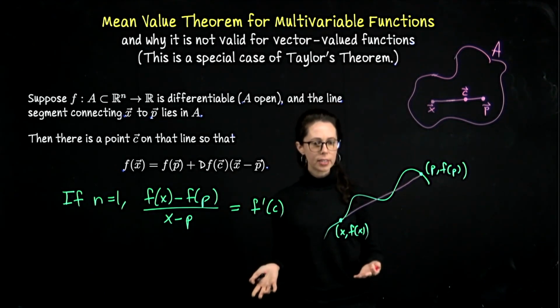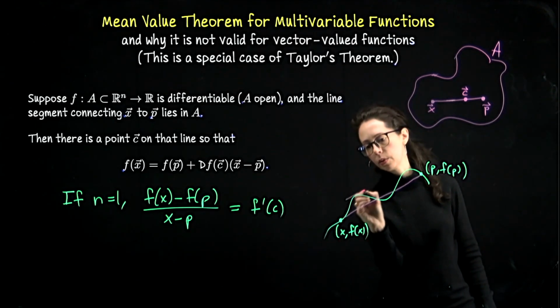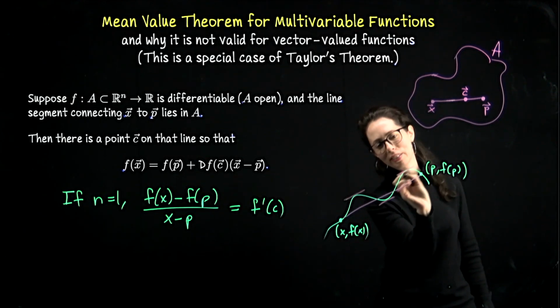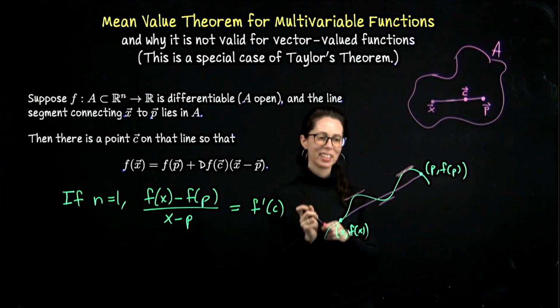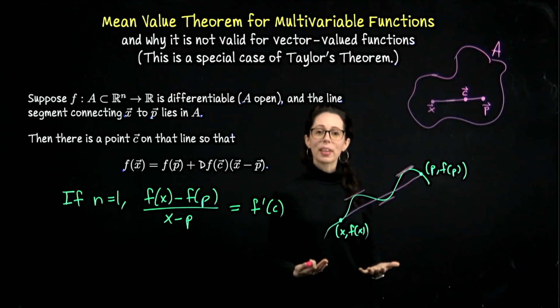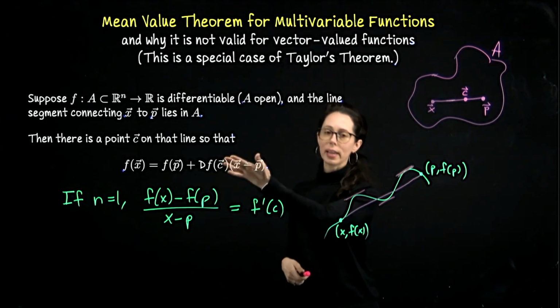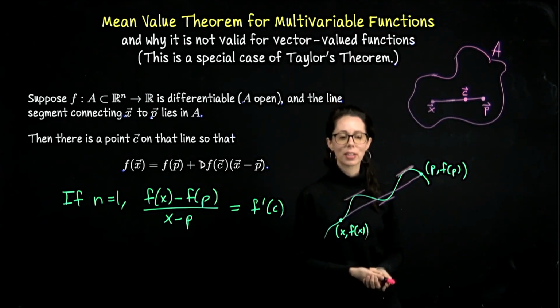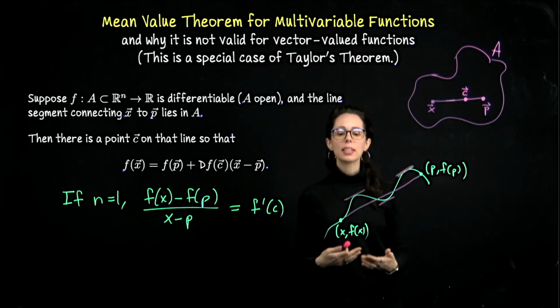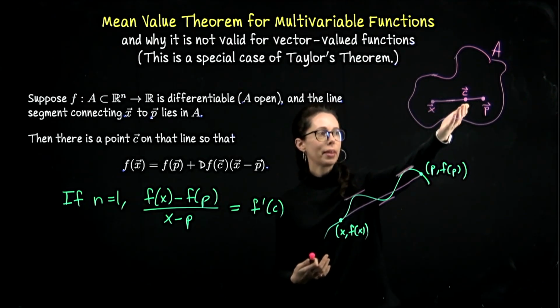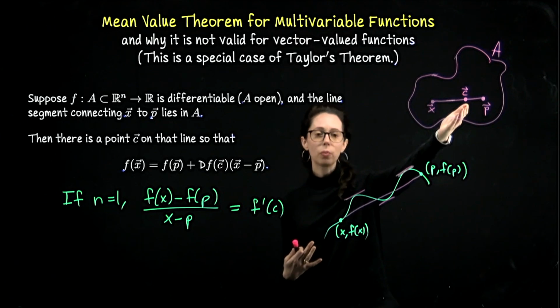In this picture, there are 3 such locations. So here, here, and I didn't quite get it right, but it's somewhere in there. So that's one thing to recognize, that this mean value theorem, whether we're working in the case n equals 1 or n greater than 1, which is what we're going to focus on for the rest of this video, doesn't tell you where c is located except that it's between x and p. So somewhere on this line segment there will be a point c,